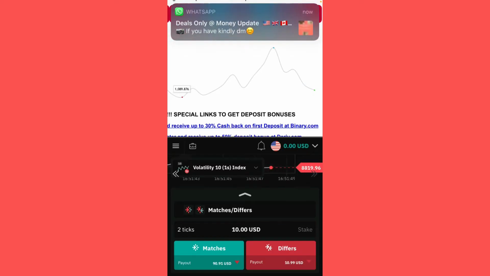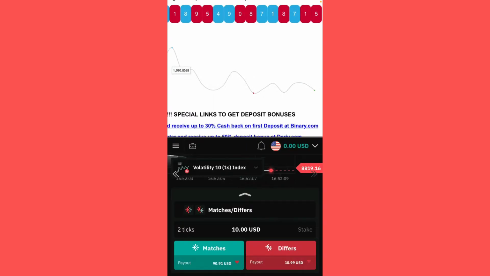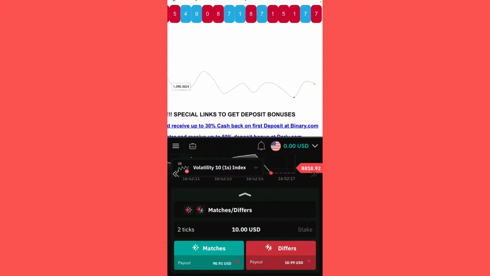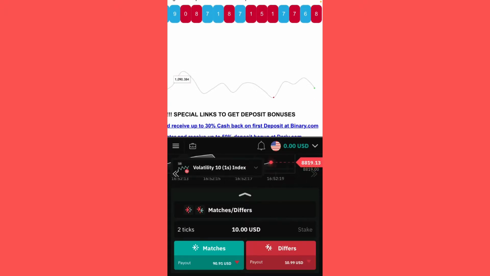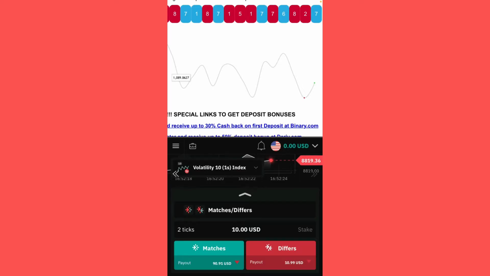So you come up to your binary account. Today I'm using the Derive app or Derive account to show you this, so that you can see it more clearly and you will understand what I'm doing. You can also trade with binary on this. That's very simple. With binary, if you have a good network, you can also trade with binary on this. So on setting up the trading strategy for Derive or binary, we trade on